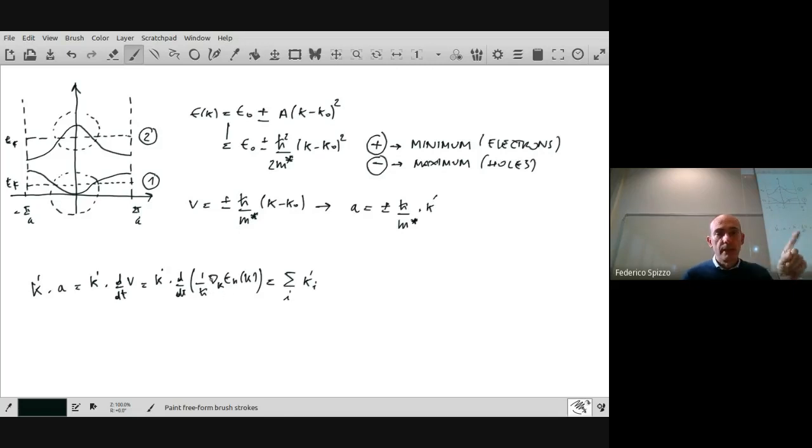So I may write the time derivative of the energy as a derivative of the energy with respect to K times the derivative of K with respect to time. So if I do that, I have the 1 over h bar out of the parentheses. Then one derivative with respect to K is due to the gradient. The second derivative, always with respect to K, is due to the time derivative. So at the end, I have the second derivative